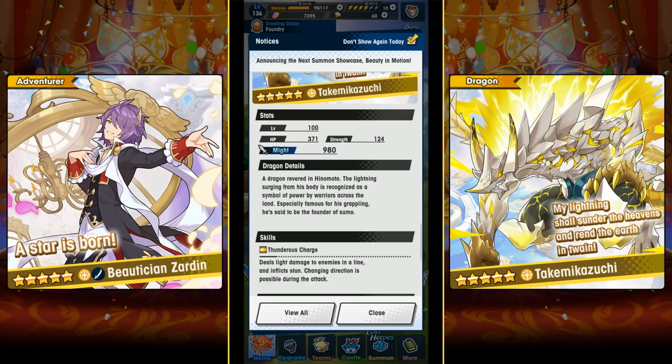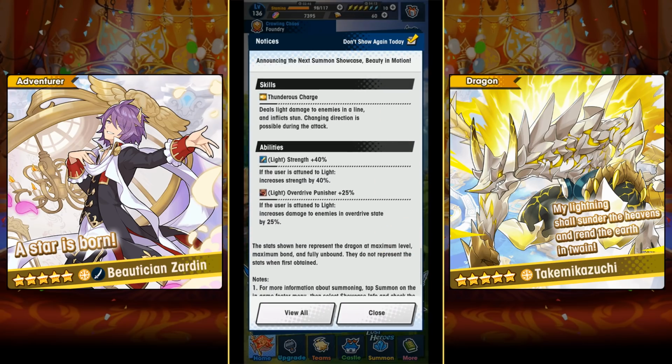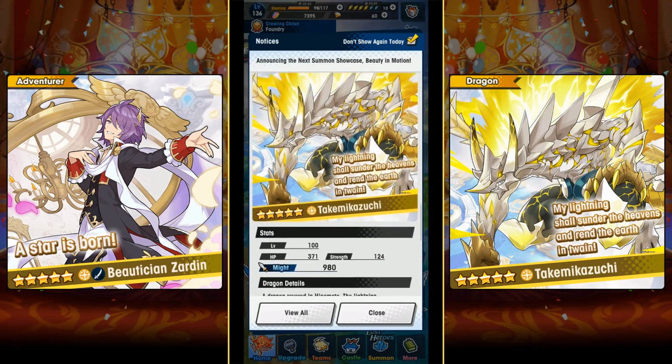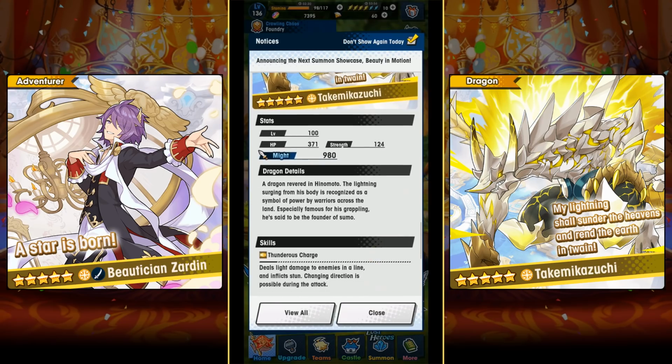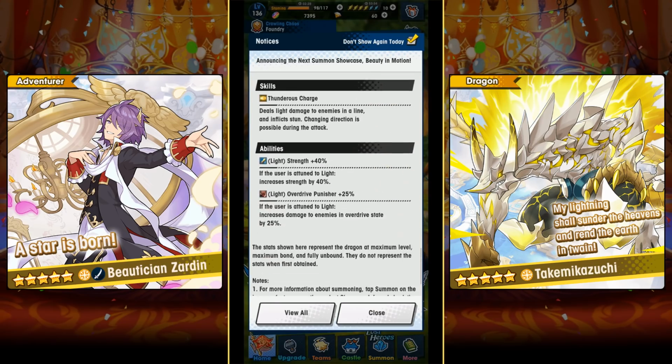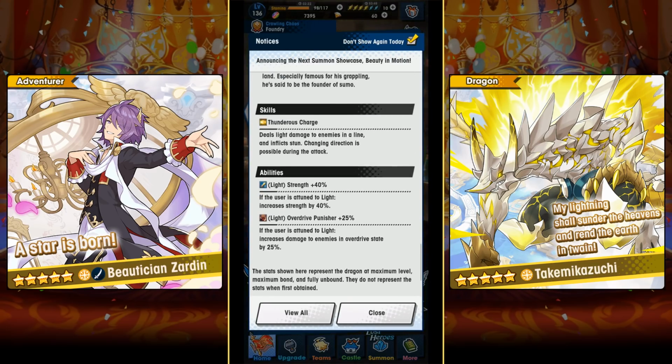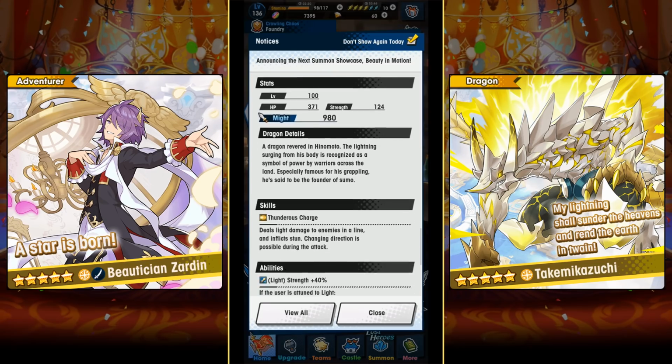I don't think it's one that you want to invest your Sunlight Stones in, just because there is that flat power that you get from Cupid that's going to be a little better, I think, and Cupid also has a very good skill, that healing and critical rate buff. It's so good in a variety of contents. We've seen how important it was on defensive battles where it was excellent. So yeah, I kind of think Takemikazuchi isn't the best Light Dragon,